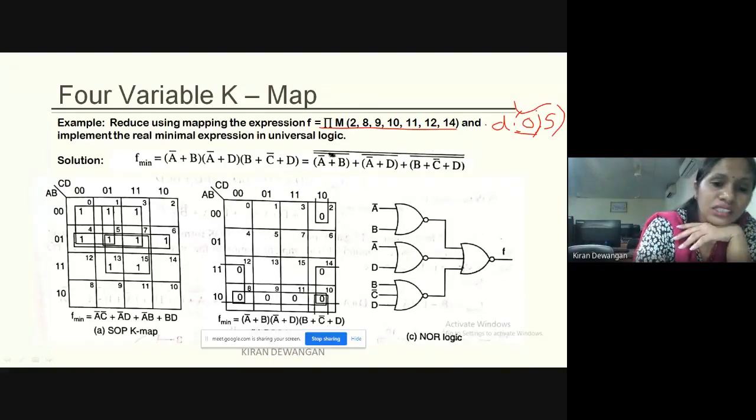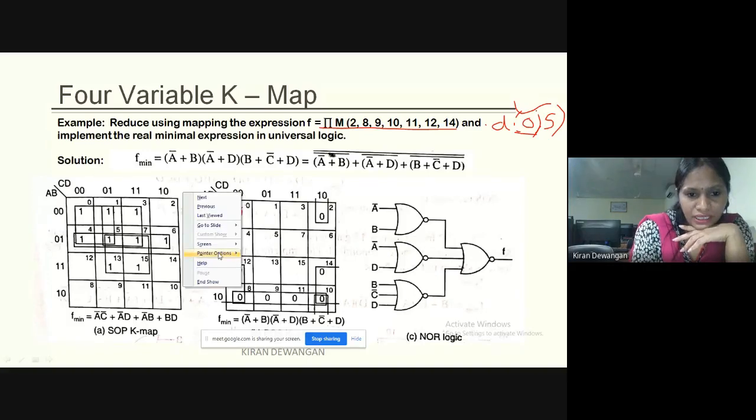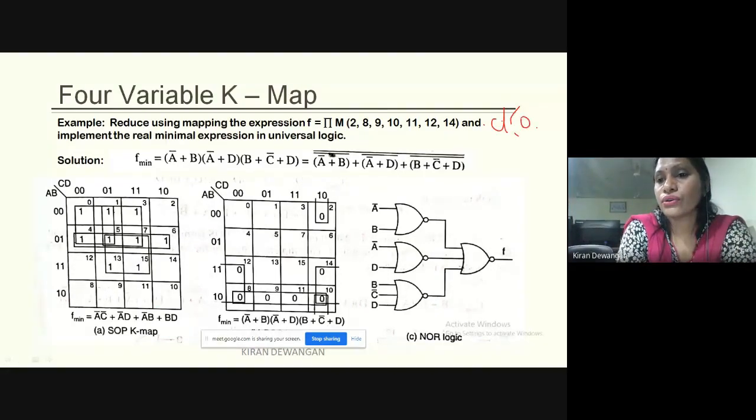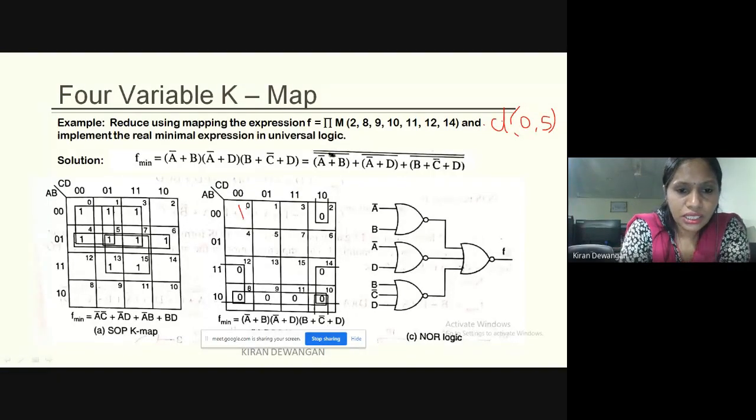So 0 is this position. So here we'll mark it X. X is marked. So here we are marking it X. Wait. This is dot D 0, 5. Clear? So 0 position is marked X, 5 position is also marked X. Now since at this position this is a don't care, we can form another quad. By just removing this pair we can convert it to quad.